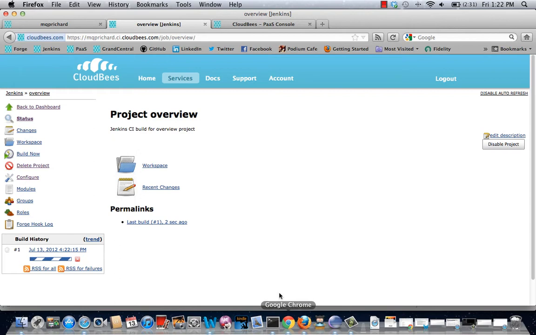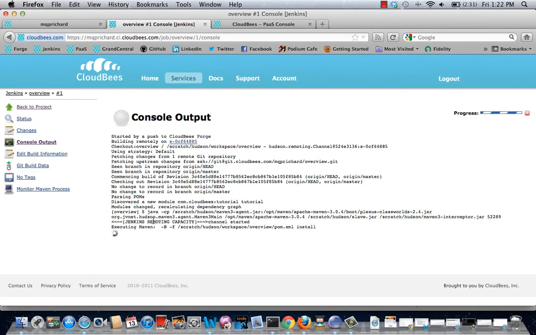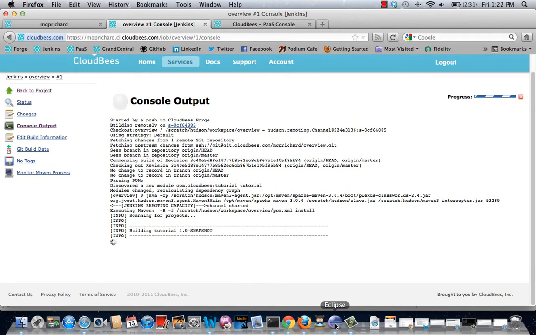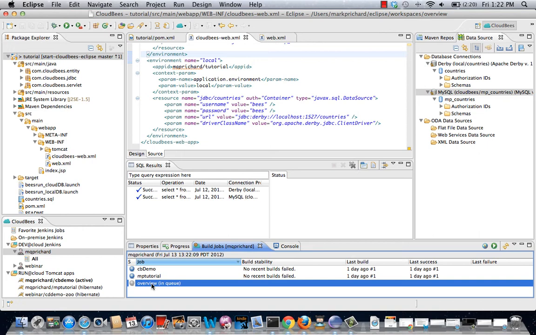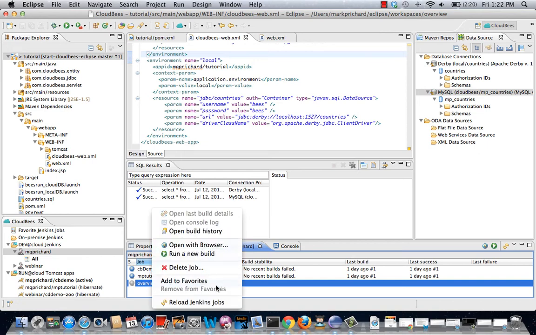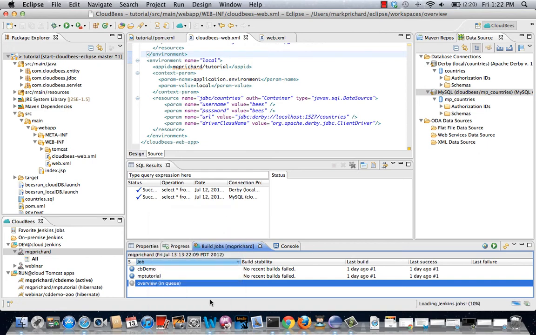If I go back to the Jenkins console and I click on here, you can see that CloudBees has automatically spun up an executor to do this build integration. And if I click down here on the progress bar, I can see the console output. I could do the same thing actually from the Eclipse environment. For example, I could come here and I can refresh this. I'll just reload that,